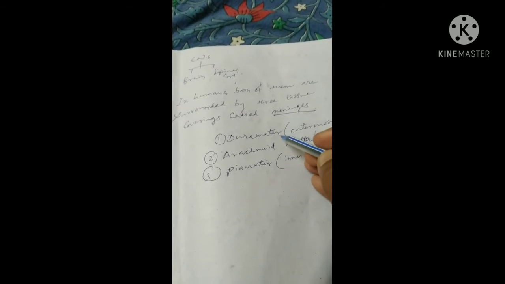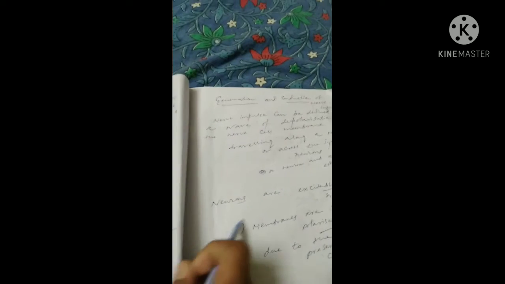In humans, both the brain and spinal cord, that is the CNS, are surrounded by three tissue coverings called the meninges. The outermost portion is the dura mater, the middle is the arachnoid mater, and the innermost portion is the pia mater. And if we go to